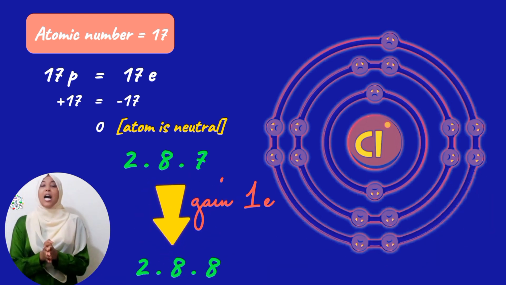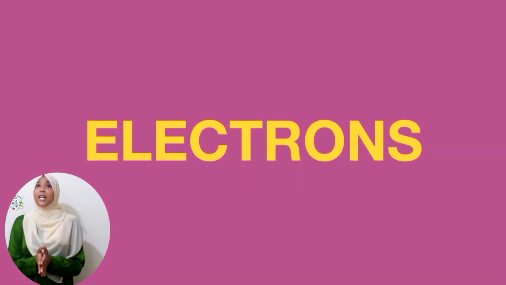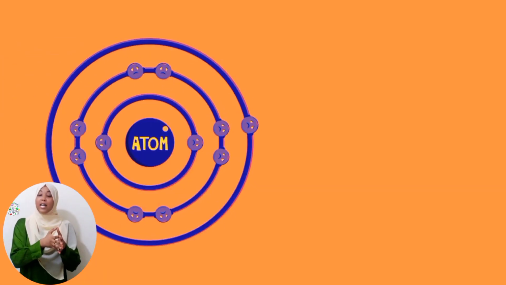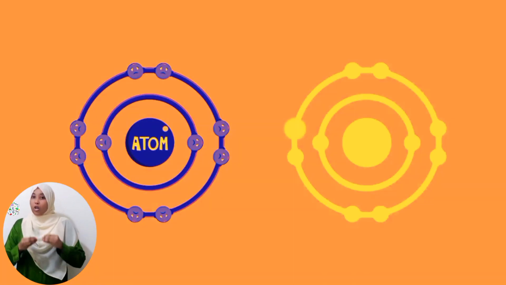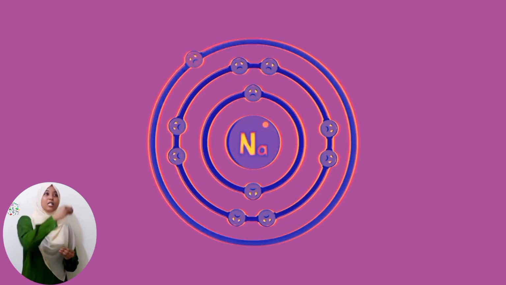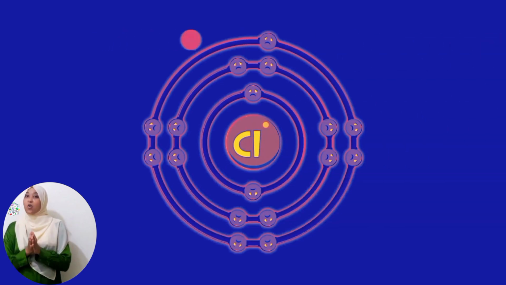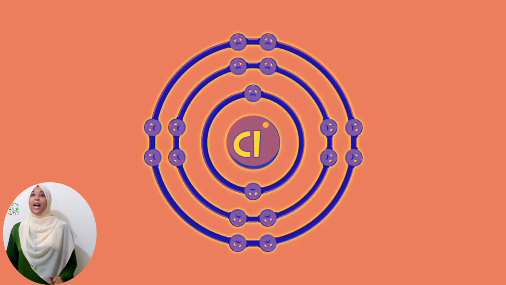Now guys, I'm talking about losing electrons and gaining electrons. I want to make something very clear. These electrons are not just present everywhere. That is not how it works. When I talk about sodium losing an electron and chlorine gaining an electron, I'm talking about a transfer of electron. Sodium loses an electron, which it transfers to chlorine, and that is the electron that chlorine gains. So chlorine gains a single electron to form an electronic configuration of 2,8,8, and boom,